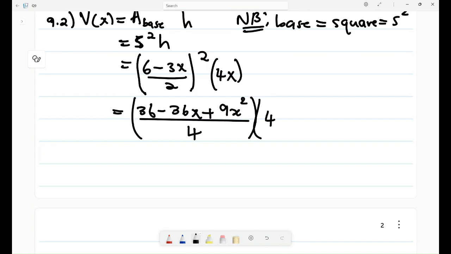I multiply that by 4x, but this 4 and this 4 will fall off. Actually, let me just do this 4, not the x, okay? So now the 4 is gone, I'm going to be left with x multiplying all this part, in an order that is good to work with, which is going to be 9x cubed. Now, I'm already multiplying with the x. 9x cubed minus 36